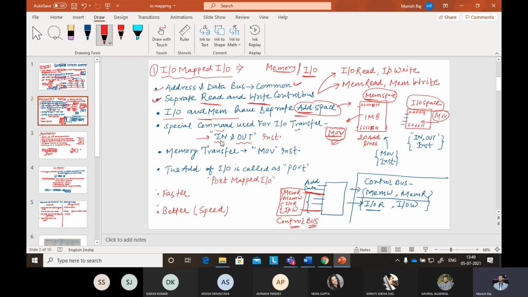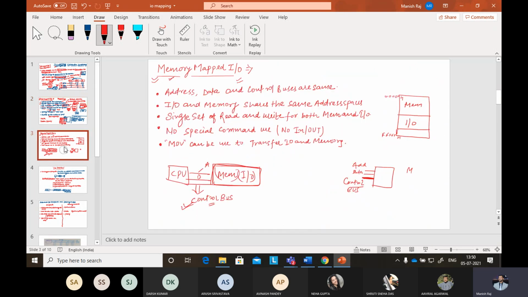For example, with input devices, if you are giving some data from the keyboard, that is the in, you are giving some data. Out, if you are writing something and it is going to the printer device or the monitor device, then that is the out. So you can use the in instruction and the out instruction. So there are special commands for IO mapped IO. In IO mapped IO you can use the input and output instructions, special instructions.